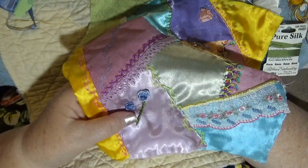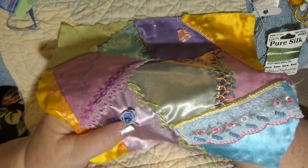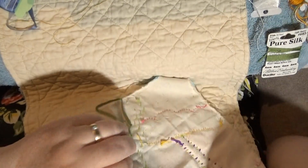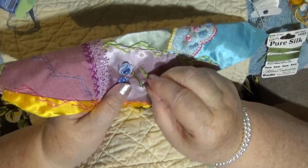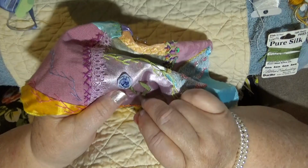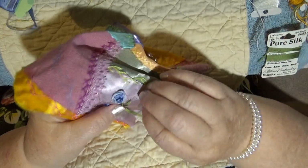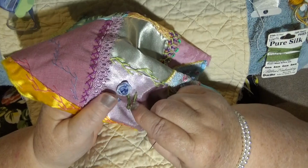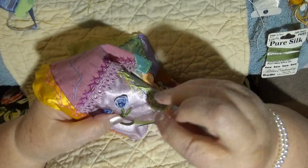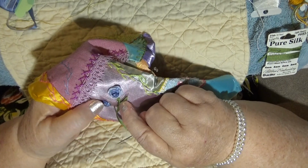So how will I do these leaves? I know. Make sure I've got enough thread, enough ribbon though. We'll start out this way. Go out there. Anything behind me? Nope. I don't know if I want to do a straight one like that or something more fancy. Fly stitch one. I do like the look of that though. That doesn't look too bad, does it? If I put that across there,